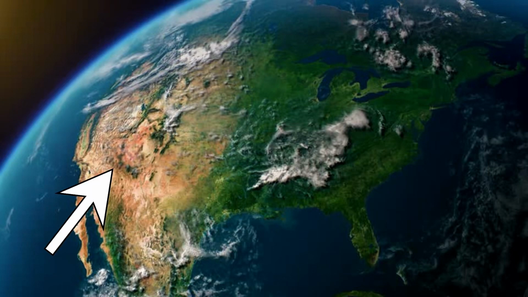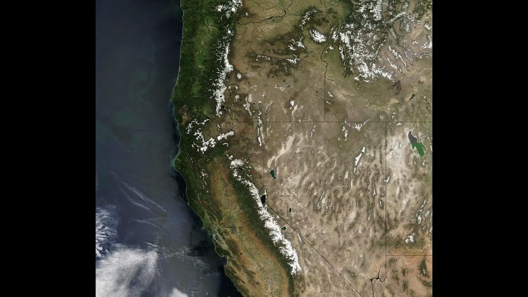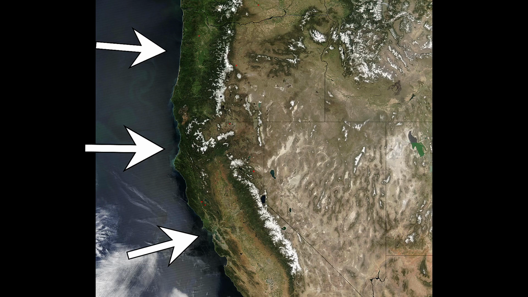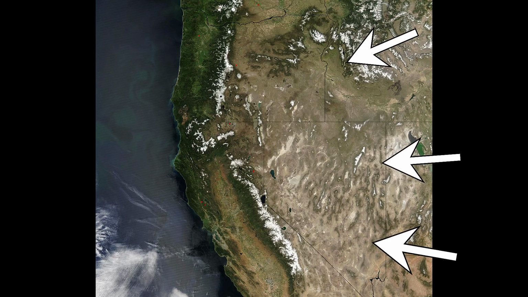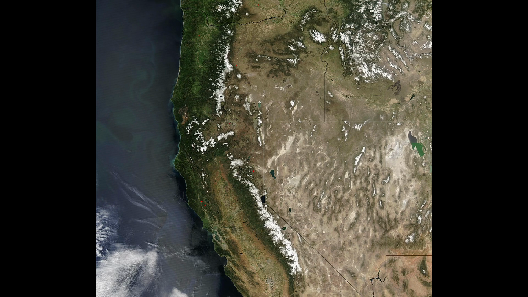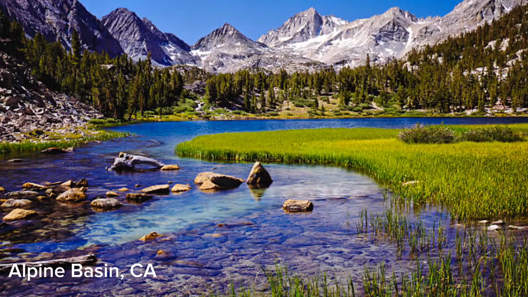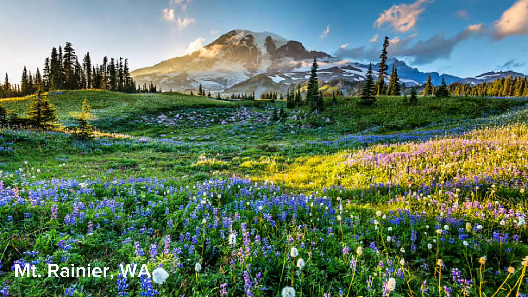Looking at the western part of the United States, we can see a stark contrast between the lush green near the coast on the west and the eastern portion that is more arid and dry. From this image, you may have noticed the distinct geographic feature that separates these two areas. This feature would be the mountain ranges of the Sierra Nevadas in California, as well as the Cascade Mountain Range